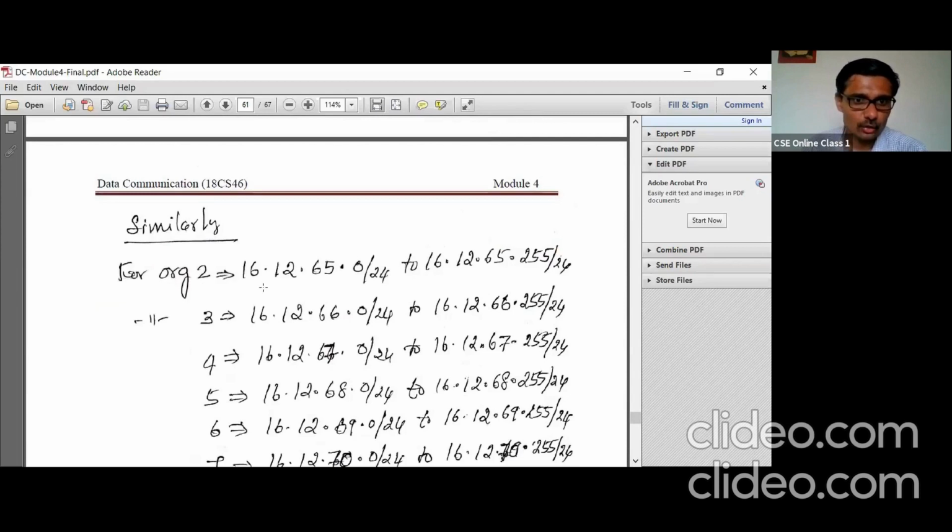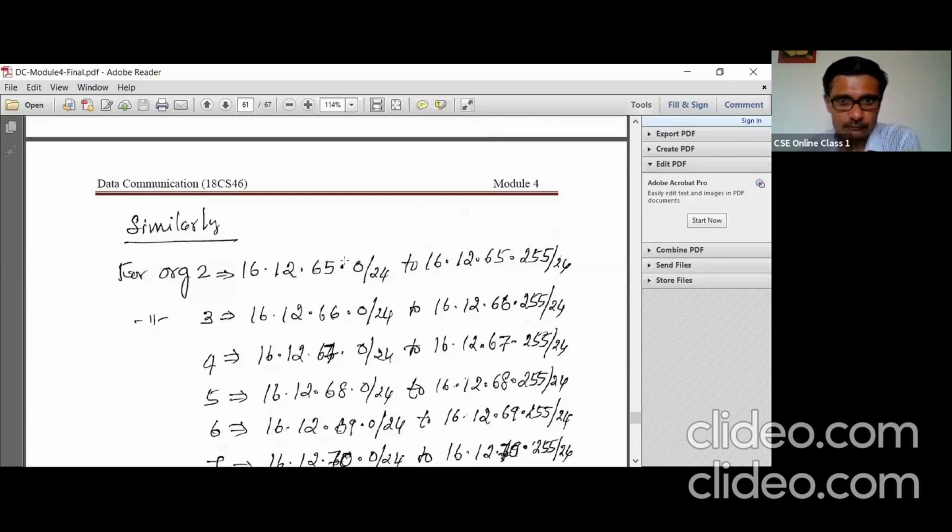For organization 2, this is 16.12.65.0/24, because the size of all subblocks is the same, so the prefix length remains 24 here. Therefore this is the first address.